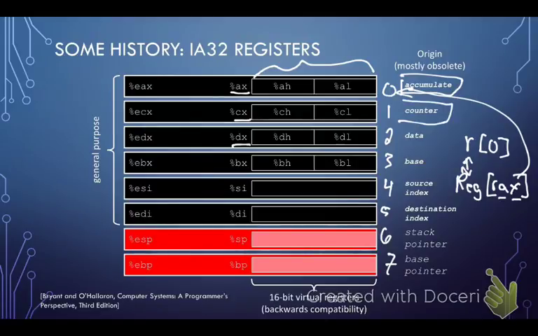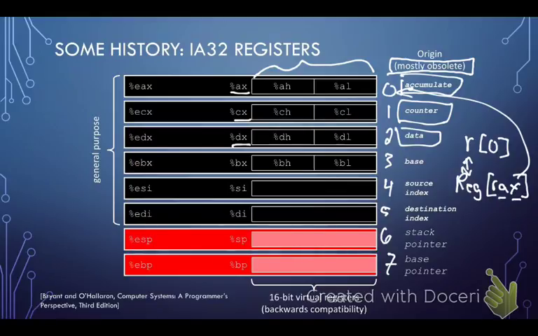The CX register was used as a counter. The DX is a data register. And so you can see that the naming kind of follows this convention of using the first letter in the word that they were assigning to the use of that register. And as is noted here, this approach is mostly obsolete. I mean, first of all, we don't tend to program these things by hand anymore. Compilers do it. And secondly, the compiler is in no way bound to the exact conventions that they were using. So it was a neat idea at the time. Now it's a historical anomaly that's a little bit confusing to us.